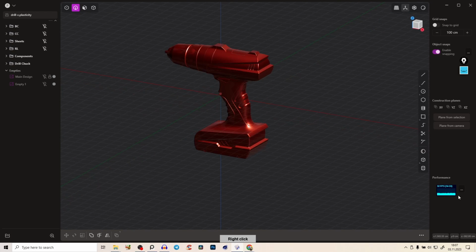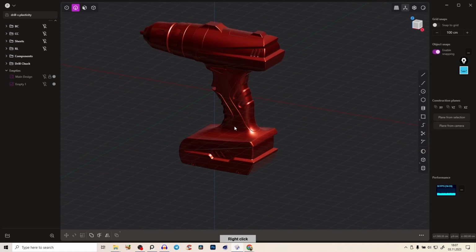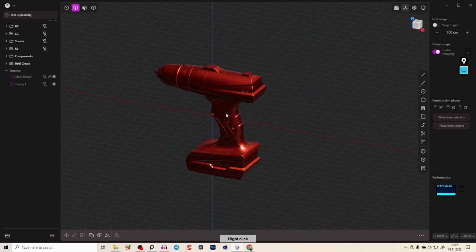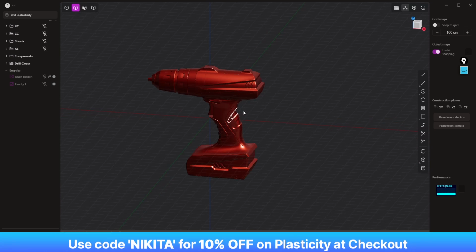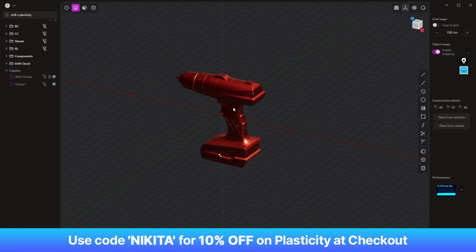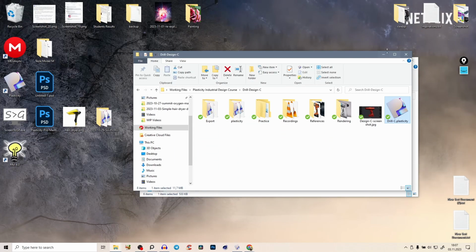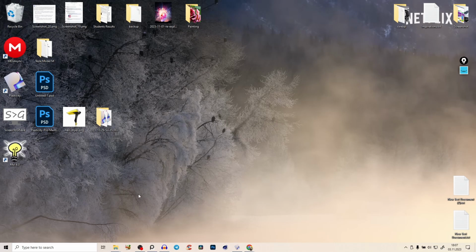Hey everyone, if you have 30 FPS here on Plasticity, then this video will change your life. I've noticed on my notebook that I just had 30 FPS and it's laggy and all that stuff. That's because my laptop has two graphics cards, one integrated and one GeForce. So if that's the case for you too, maybe also for your PC, then what you want to do